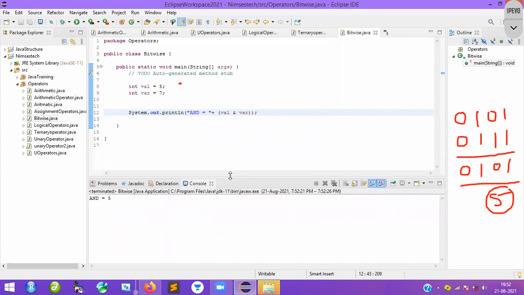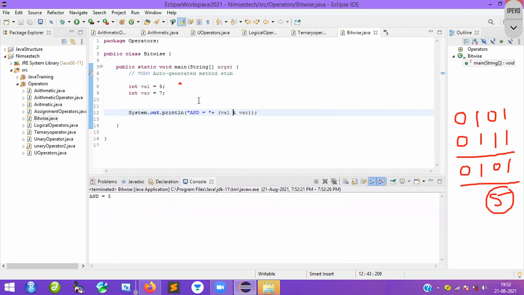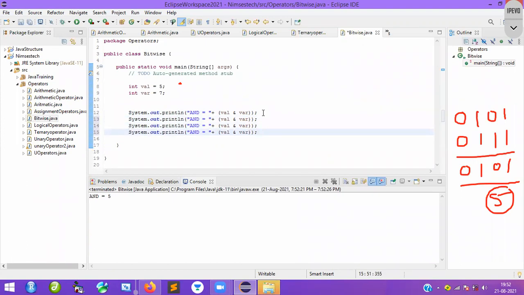This is what we call a bitwise operator. So nothing else. It's very simple and easy. So what I am going to do, I will copy this one and paste it here one by one. So all the operators I will discuss here. So what is that? This is OR, use the pipeline. Again, we have power, use the power here.